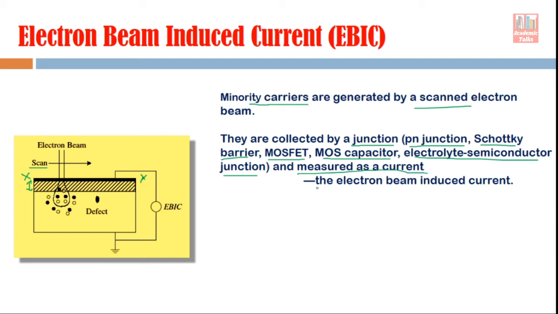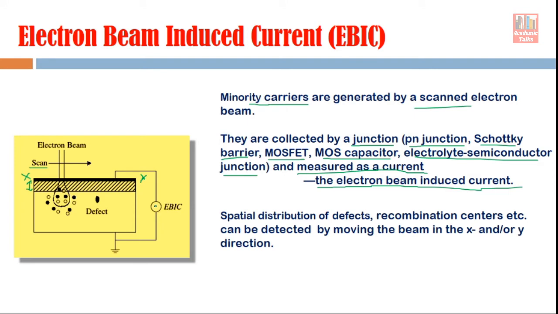I think by now it is clear to you why this technique is known as electron beam induced current. The electron beam which is falling here produces minority carriers, or you can say electron hole pairs, and these electron hole pairs will be collected by a strong electric field here, and that way we get some current in the measuring device outside. So whatever current we are getting in this measuring device is because of this electron beam, the electron hole pairs generated there, and the presence of the junction. All these three things are necessary to detect a current here.